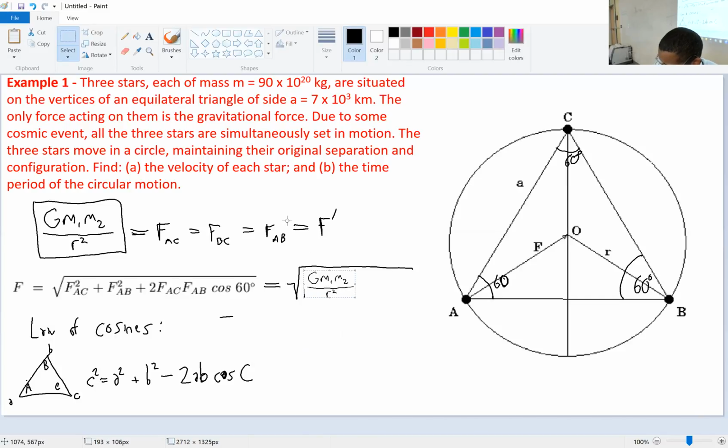So basically he adds this, so he squares this. It would take me a while to write this, but he squares this part, that's this. Then he adds, so this squared is equal to that squared. This is equal to that squared. And because these two are equal anyway, this is going to be 2 times that squared. And then cosine of 60, if you remember from your